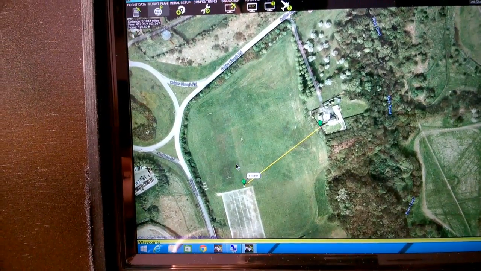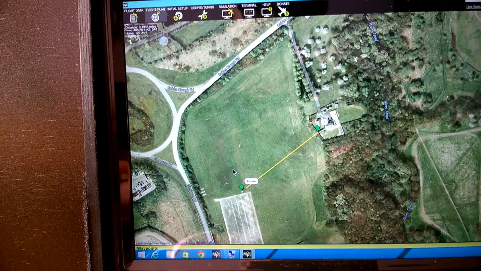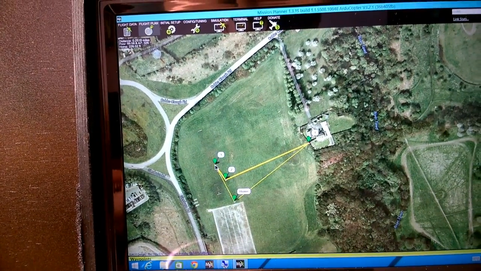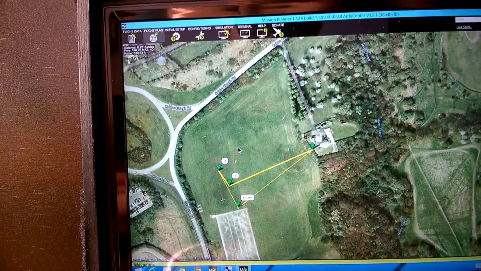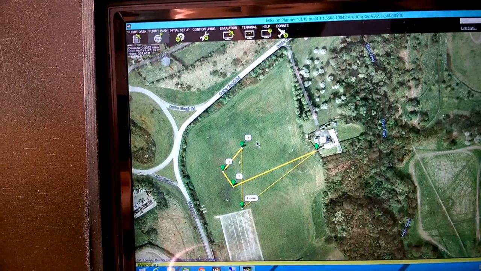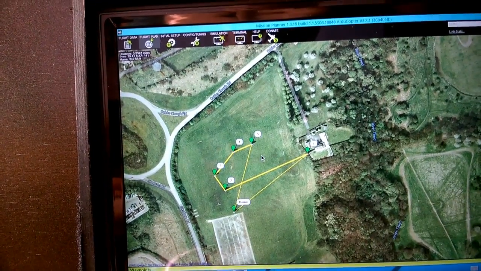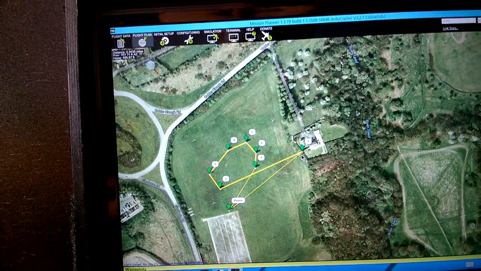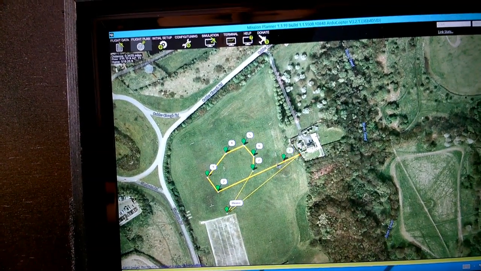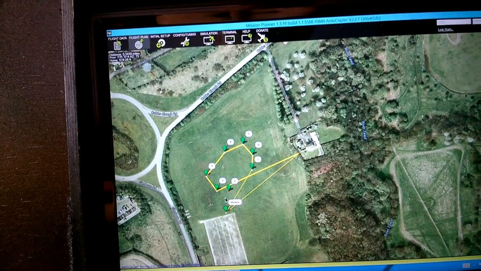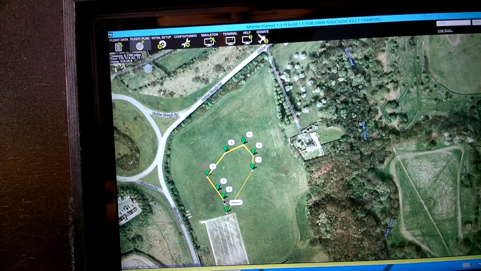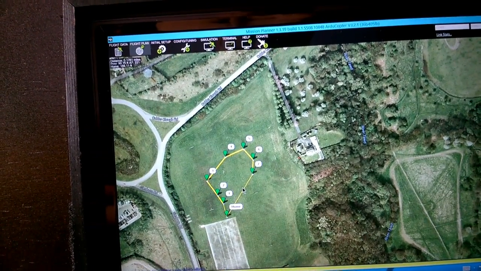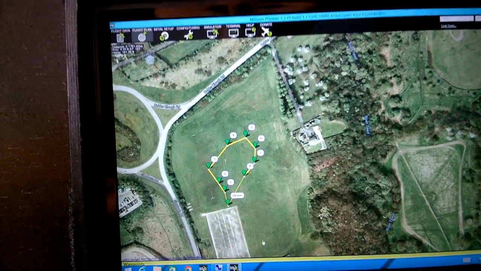So for my mission, I want to do 7. So you go to 1, 2, and all you do is you just move your mouse and then left click it, and as you can see, it brings all your mission waypoints in. If you didn't want that one there, you can just grab that and reposition it to there, and then from 7 into here, which is 8, and then generally